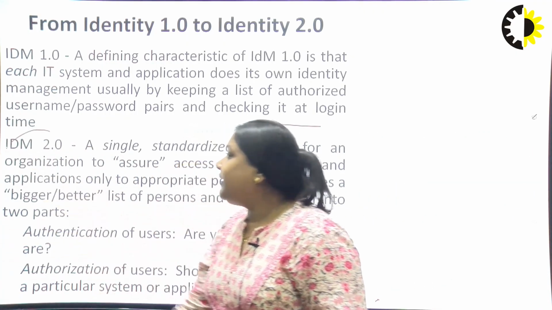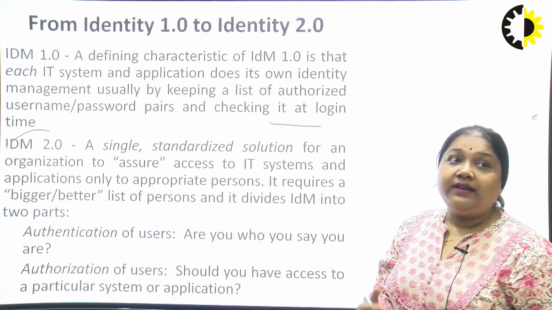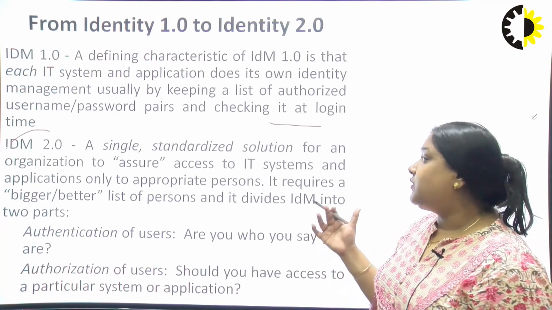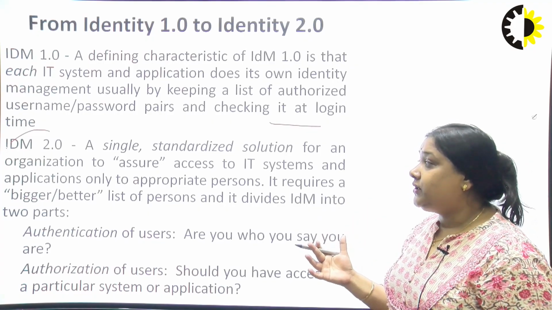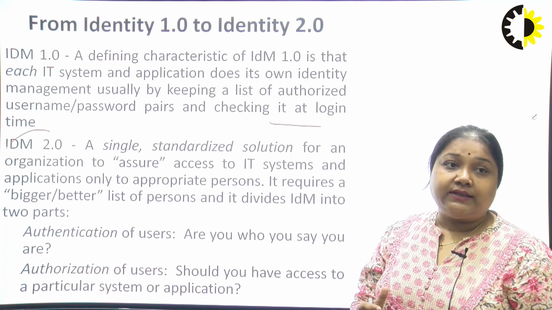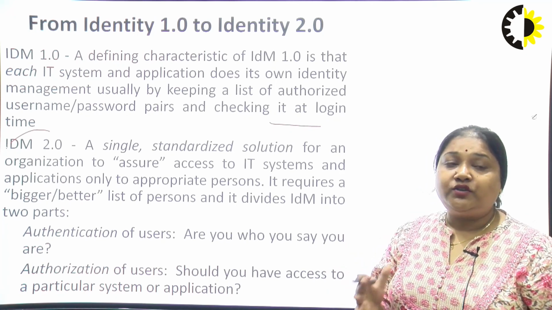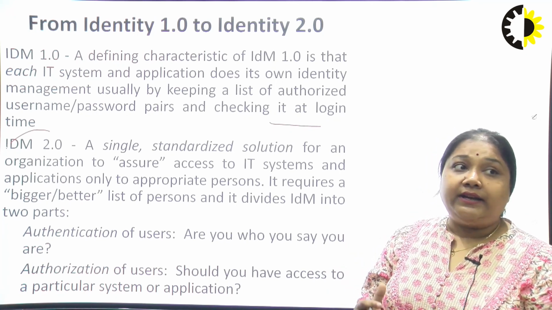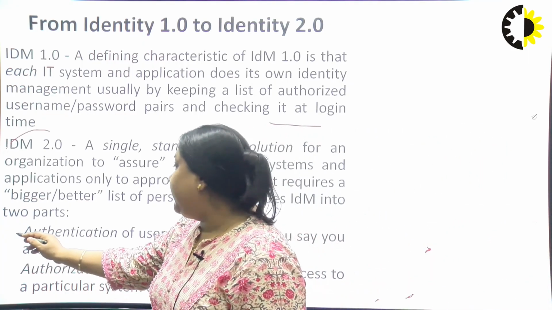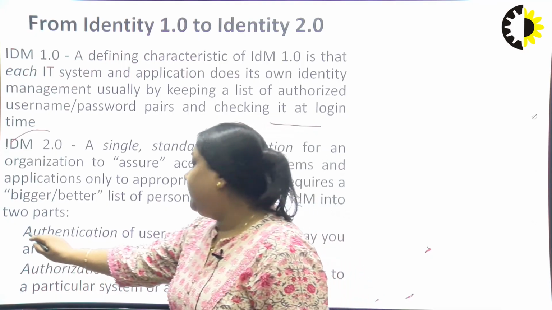And IDM 2.0 defines a single standardized solution for an organization to assure access to IT systems and applications, and give access only to appropriate persons. It requires a bigger, better list of persons, and it divides IDM into two parts. These two parts are, first of all, authentication of users, and then second is